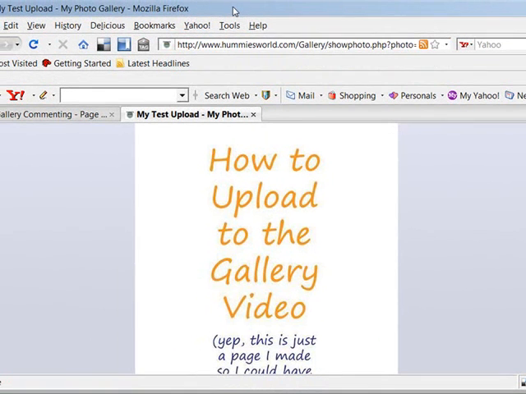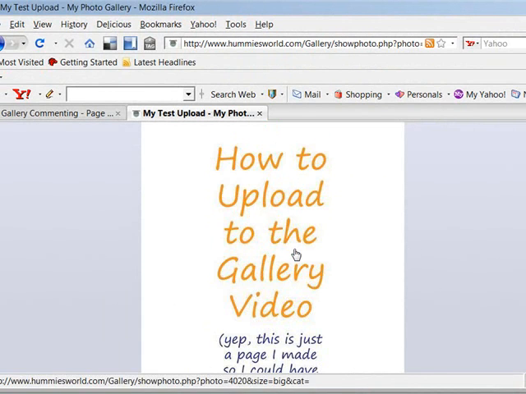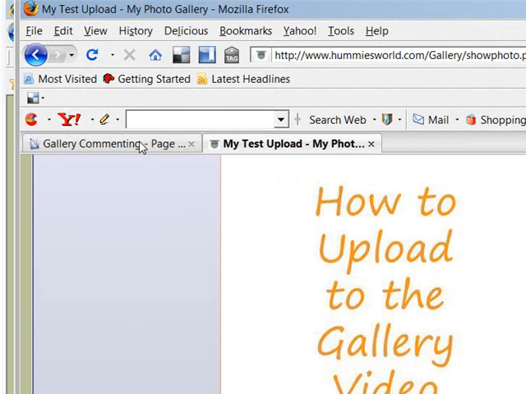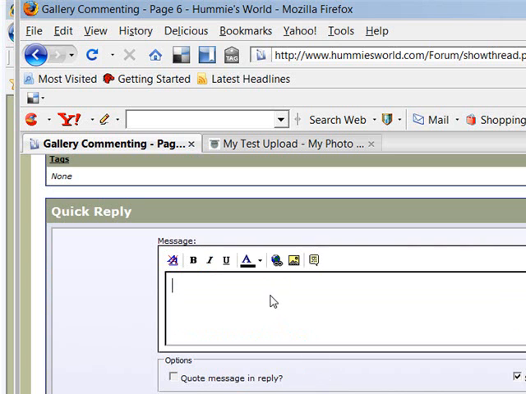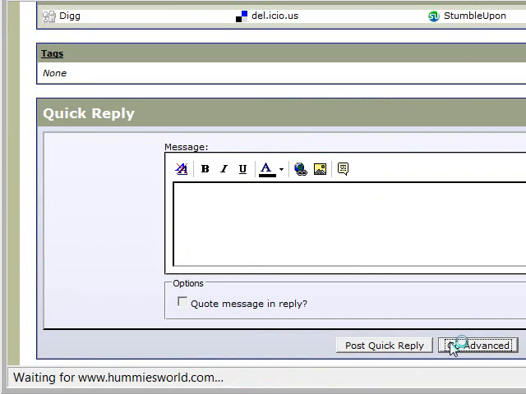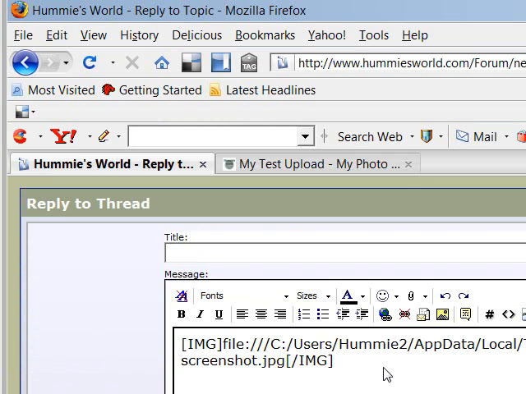Let's look at Firefox. This is Firefox. I've already gone directly to this. Now watch what happens when I right click and choose copy image, and I come back over here and press Control-V. It doesn't copy. Let's go to advanced so you can see a little bit larger screen. What it does is it copies